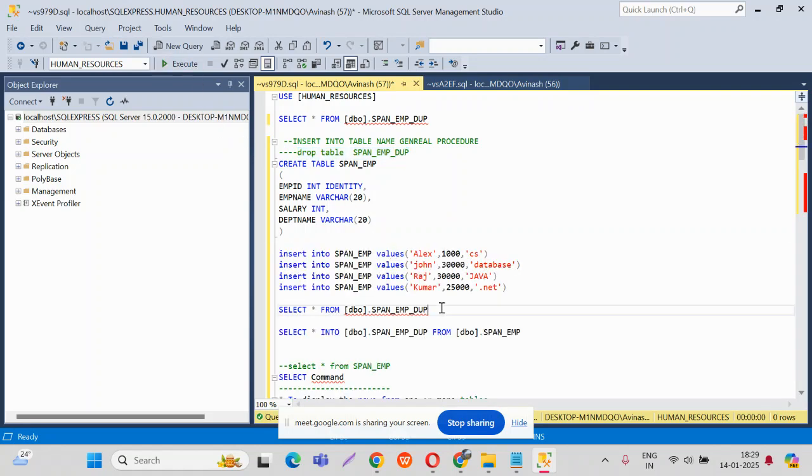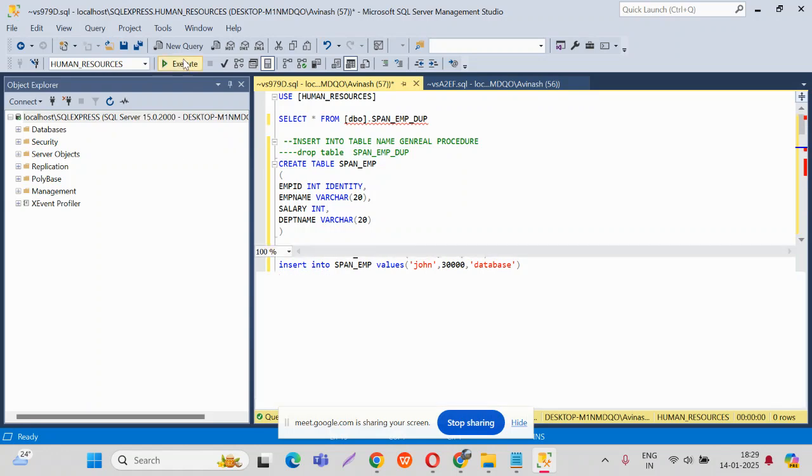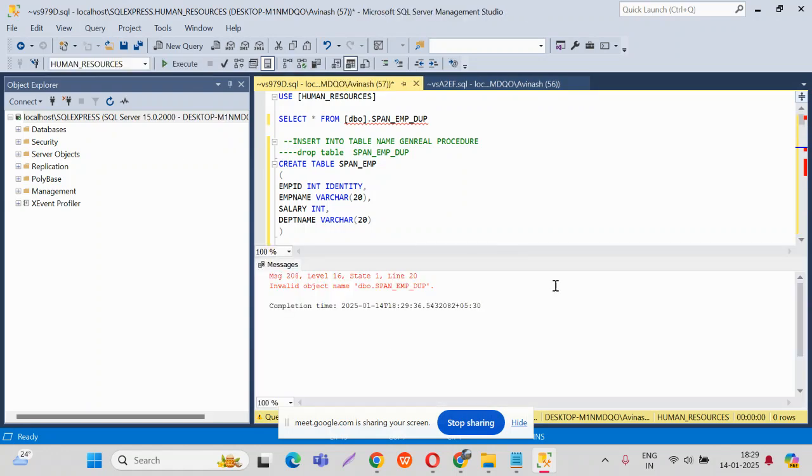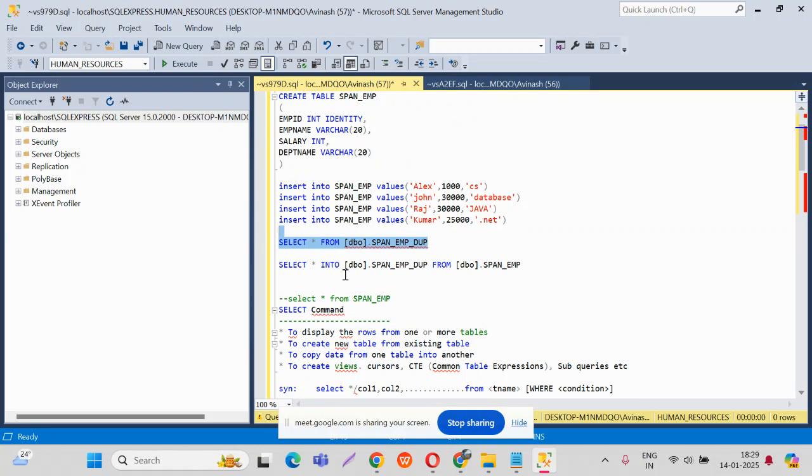Now if I run the select on the duplicate table, it is not present, right? Invalid object. Now, the only thing I used here is that I created a duplicate table from the existing table, with the data already present in span emp. When I run this command, it created a table, and on top of that, whatever data is present in span emp is also copied to emp duplicate,